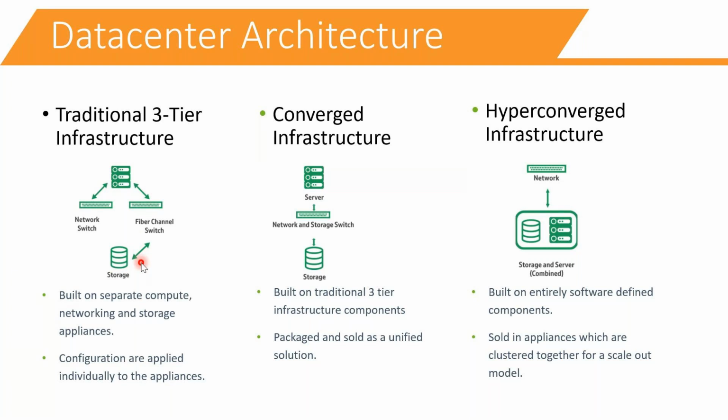Okay, so you buy hardware. You buy a server, then you buy network components or network equipment, then you have the storage. For every tier you have a separate team. For server you have a server team, for network you have a network team, for storage you have a storage team. On the server side, it may be a virtualization or Wintel team who manages Windows and the base hypervisor. But again, three different teams, three different components. That's how traditional three-tier infrastructure looks.